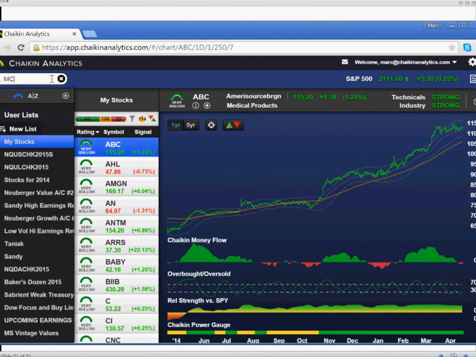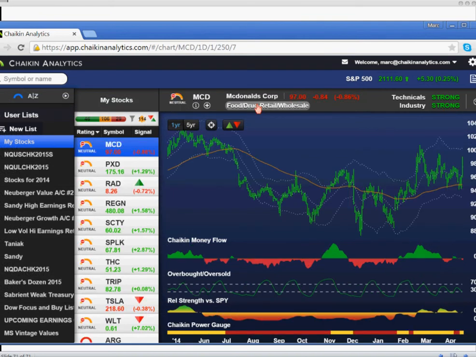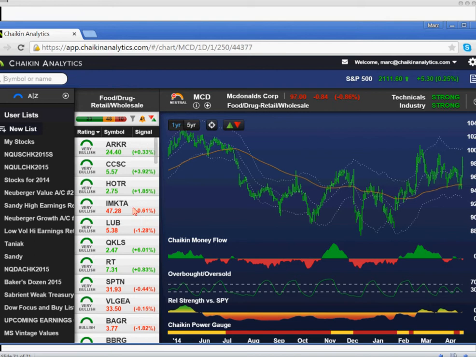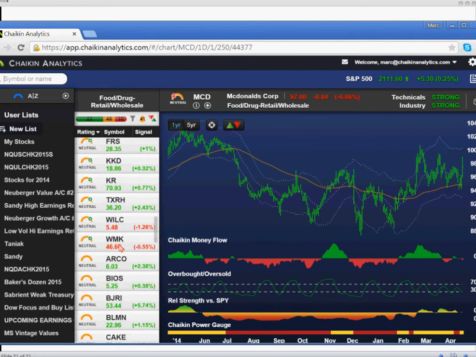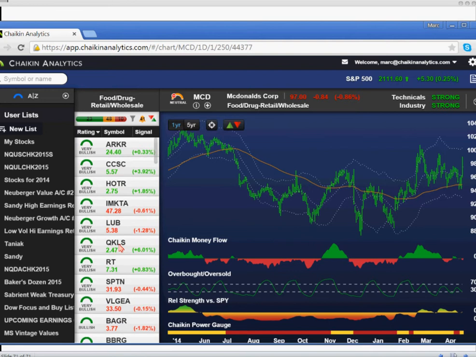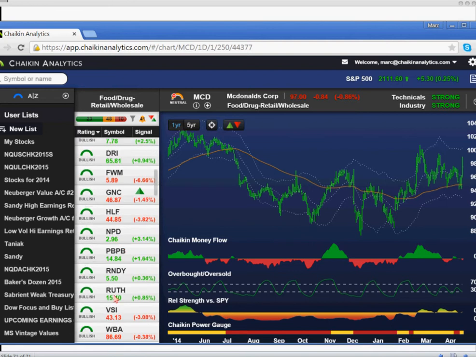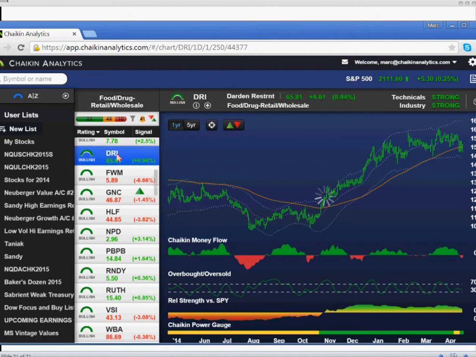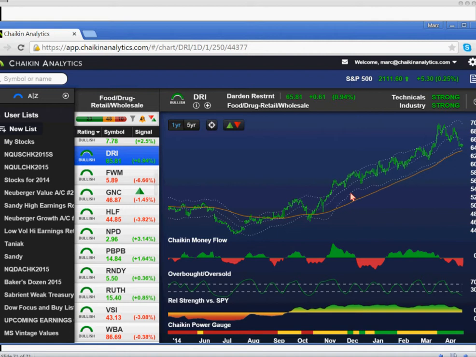But let's go back to McDonald's and see if we can find another fast food stock, and then we'll move on to another stock. So you can click on Food, Drug, Wholesale, Retail. This comes up sorted by Chaikin Power Gauge rating. So if you want to find the bullish stocks, they're on the top. And I'm not seeing any fast food stocks up there. There were previously. But with Chipotle weak and with McDonald's weak, Ruth's Chris Steakhouse, not exactly fast food, has a bullish power gauge rating, has been outperforming the market,